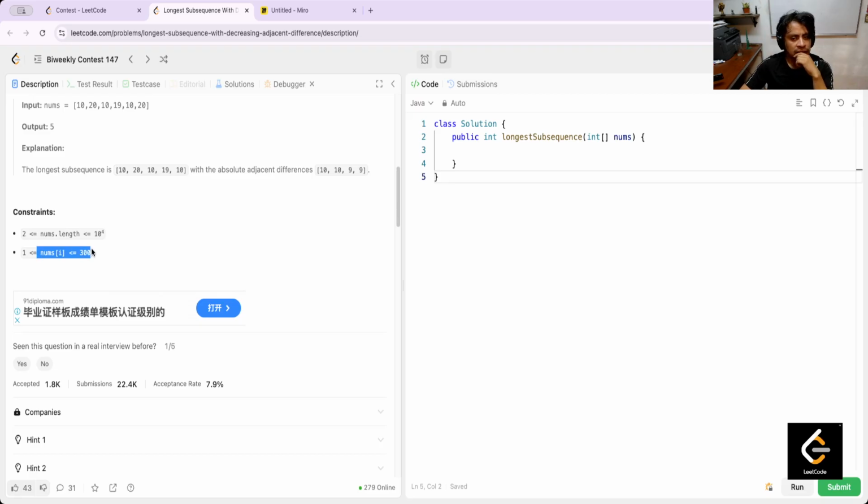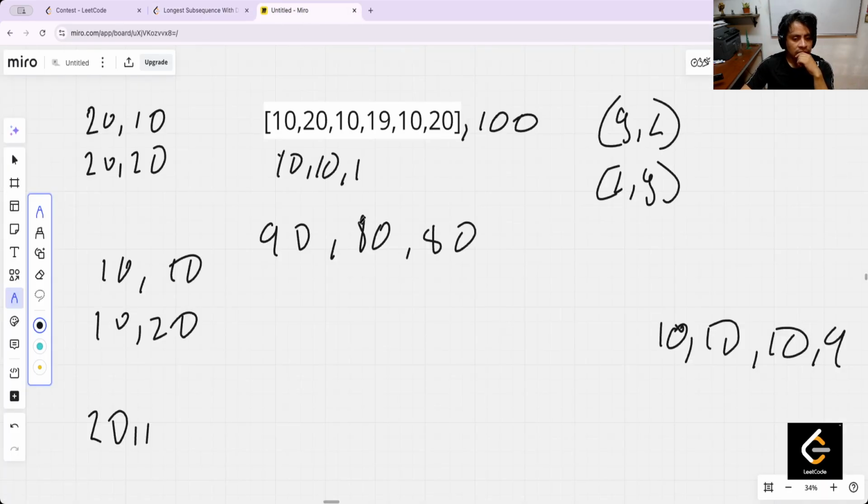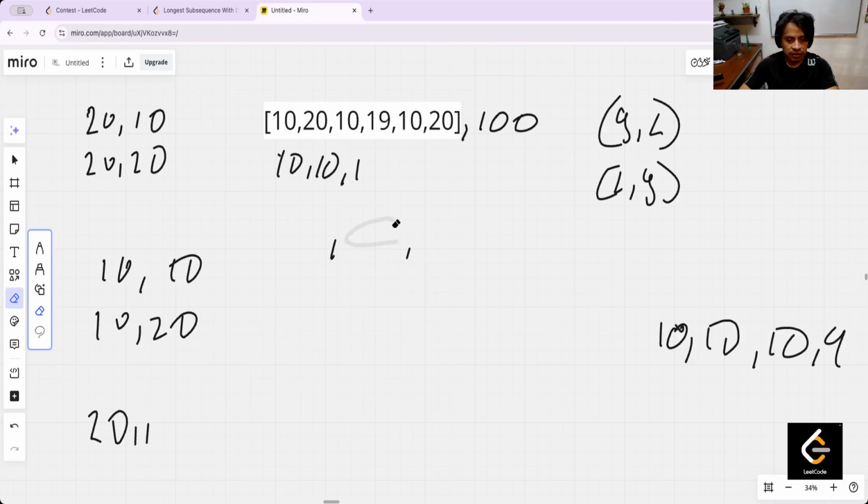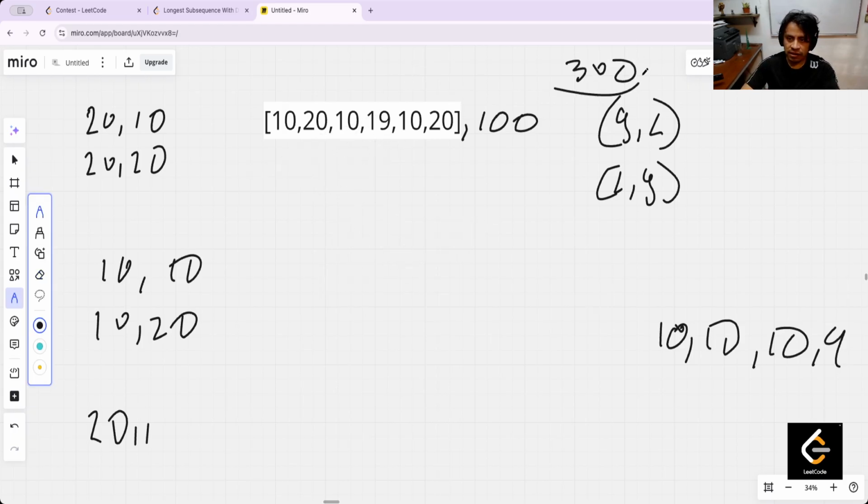Okay, that is true. Okay, I think that the maximum number could have this. Okay. I need to figure out how to know what is the minimum number in the right side, but